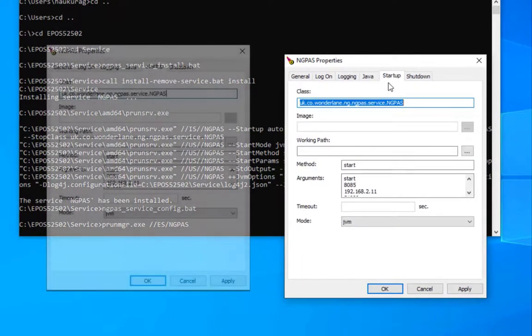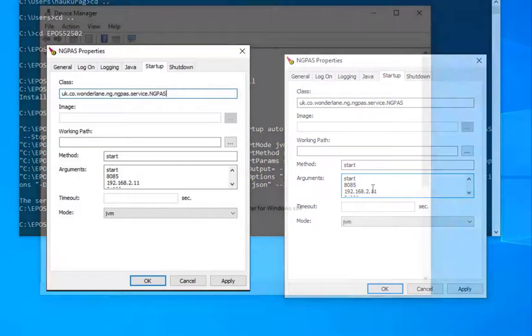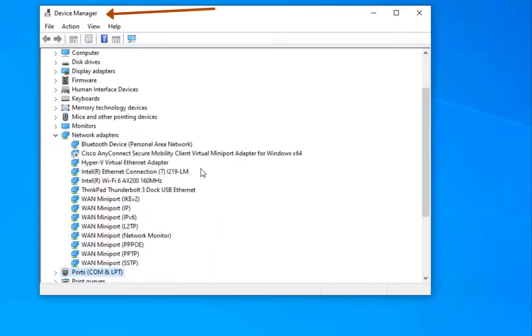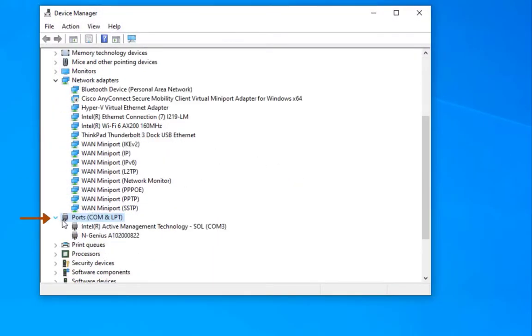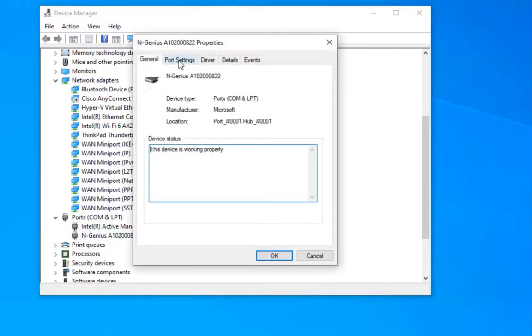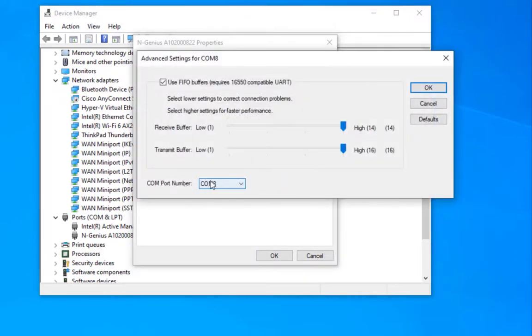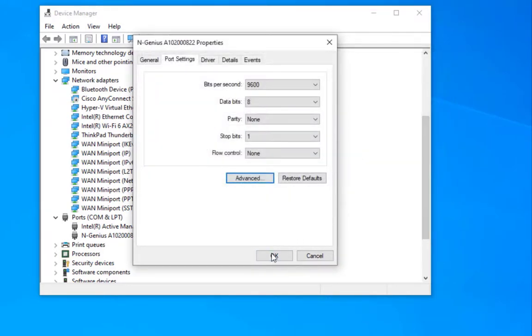If you're running the AT150 device, change the IP address to the address of the terminal and leave the ports as is. When running the AP10 device, remove the IP address and ports and type the correct COM port. You can see the COM port in use by opening up the device manager, locate ports category, right-click the nGenius device, select properties, then in port settings, select advanced to see the port number.